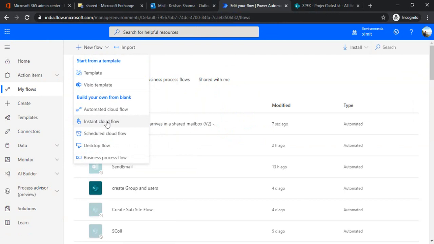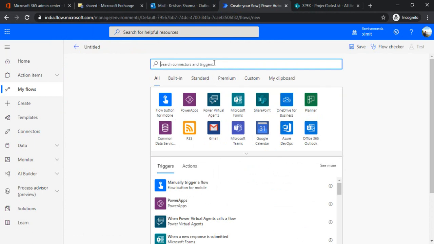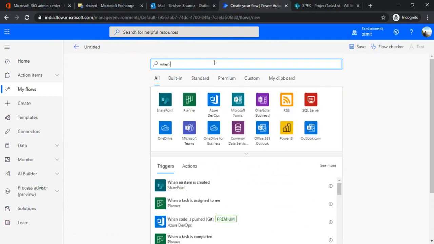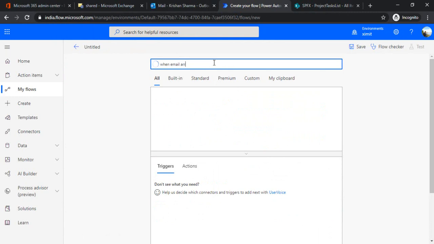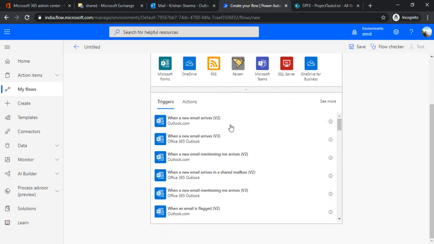So I'm using the instant cloud flow and skipping the trigger part. In the trigger, I'll be using when an email arrives to my shared mailbox. So you can see there are a lot of triggers. If you want to map this flow with your personal email address, then you can also do so. But for the demo, and which is more practical as well, I'll be binding with a shared email box. So whatever mails in that format come to the shared email box would get directed to our SharePoint list in a formatted fashion.